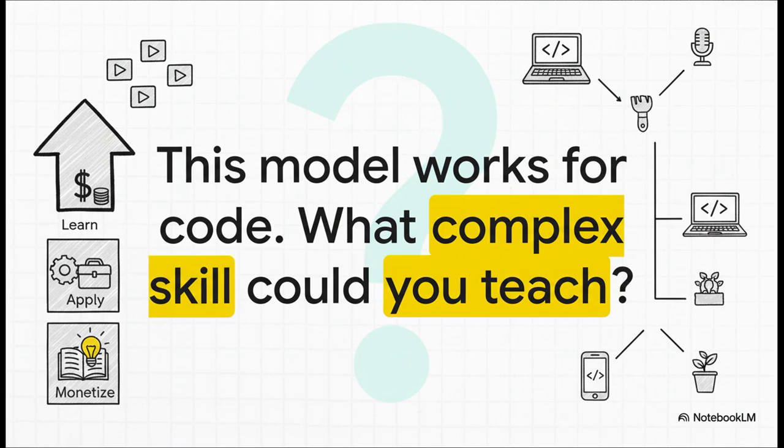And that brings us to the final question. This learn, apply, monetize model is a powerhouse for teaching code in 60-second chunks. But it's so much bigger than that. So what other complex skill, maybe in your field, could be broken down and taught using this exact same 3-step journey? That's something really